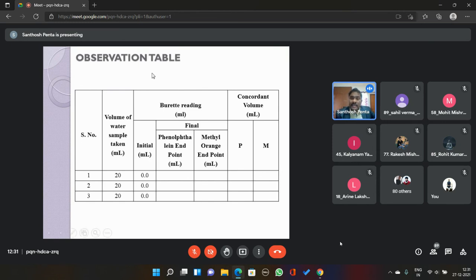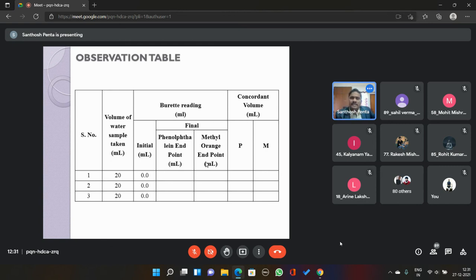So, as the water is alkaline in nature and the pH is high, we add phenolphthalein indicator first. We can add methyl orange also, but we cannot distinguish the end points clearly. In order to distinguish the end points clearly, initially we have to add phenolphthalein. Another logic is that phenolphthalein works thoroughly in basic medium, and methyl orange in acidic medium. So initially we add phenolphthalein.